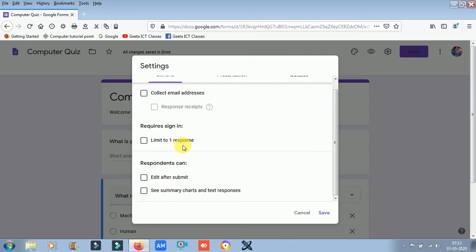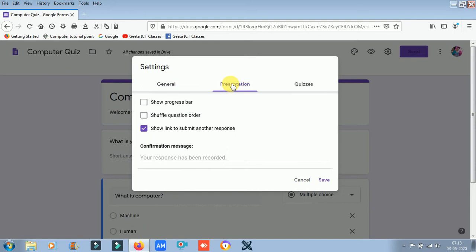Next one is edit after submit or see summary chart and text responses. This means students can see what the responses of the students were. So click on this.